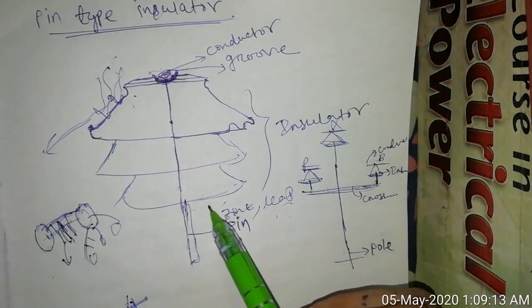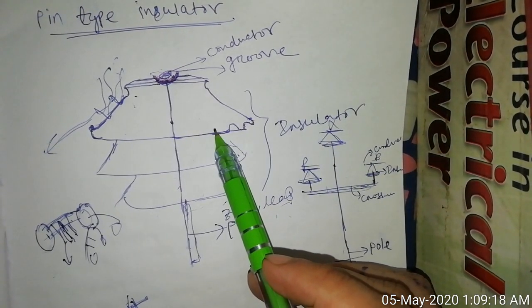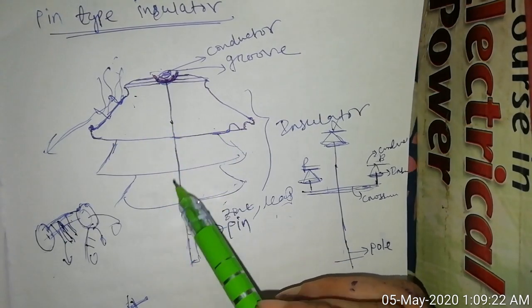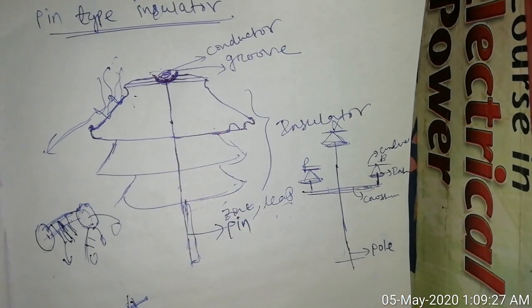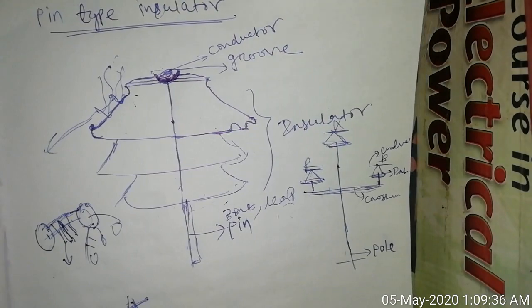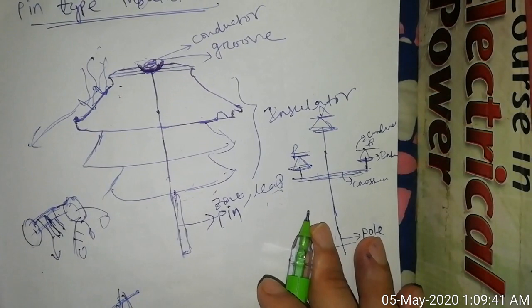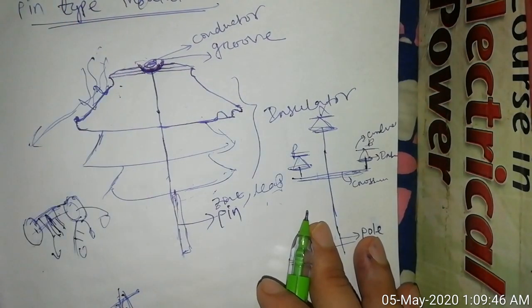If the inner side of the insulator gets wet, what will happen? The insulation resistance drops, and hence the leakage current will flow. More leakage current flows, which will destroy the insulator. So basically, because of this reason, an insulator is designed or shaped like this. Now, I have already told, for higher voltages, for 33 kV, the individual pieces are joined by cementing and are used.